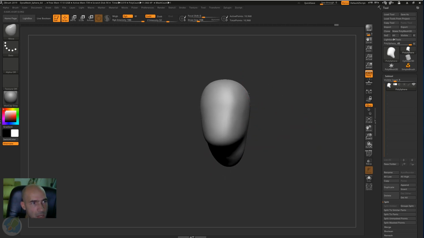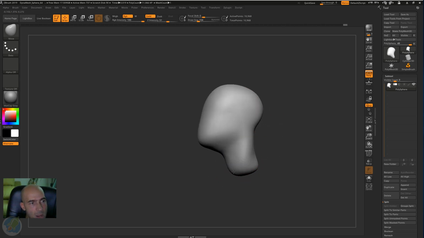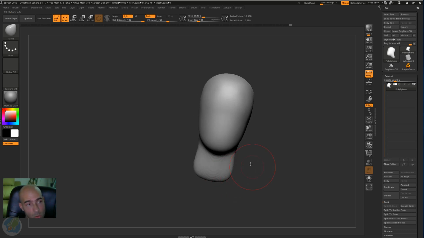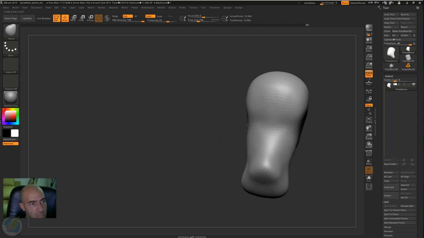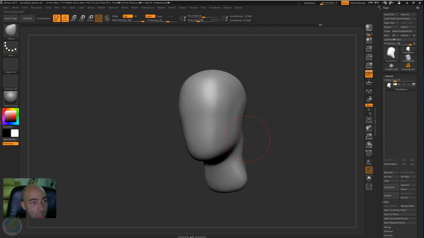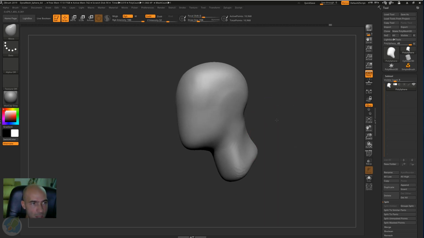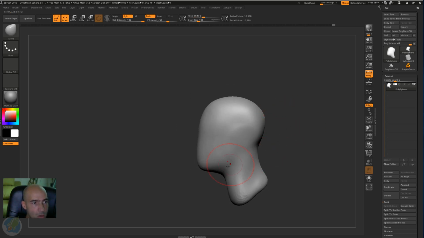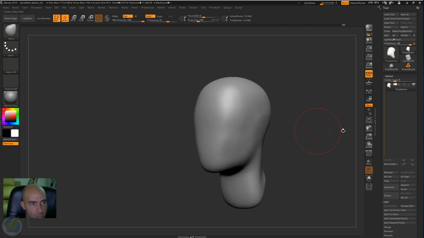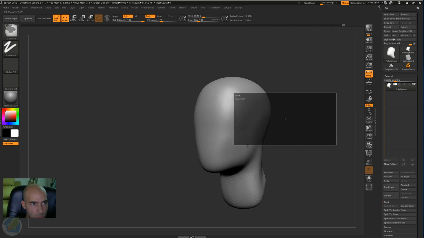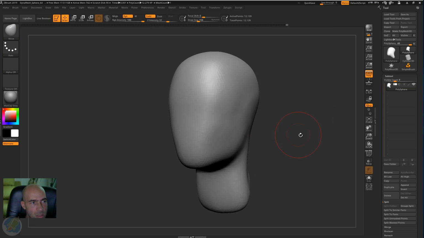In the beginning, you can make something like a head only by move brush, like you see, only move brush. If you know where to move things, you will make a decent start for the head. So next thing you have to know is how to mask and how to hide parts of the object. Masking is pretty easy with control. So with control, drag whatever on the screen, not on the object, outside the object, will do nothing but making